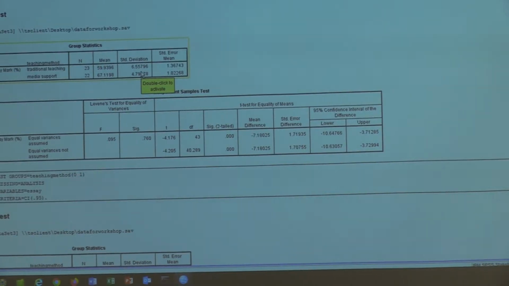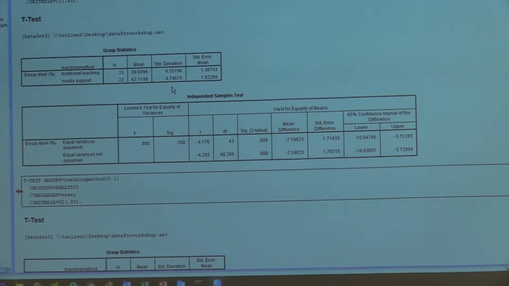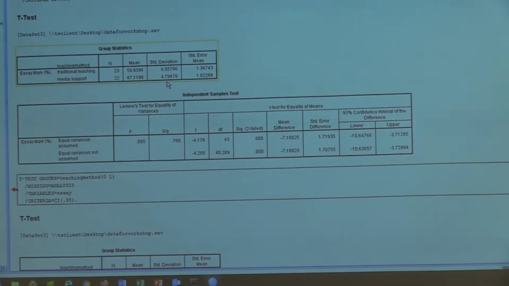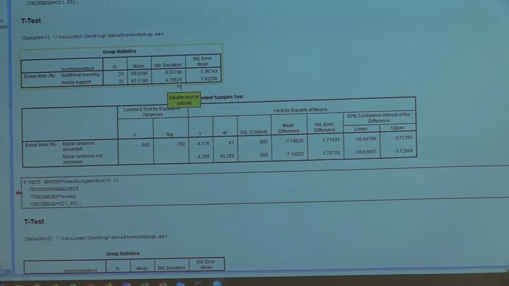Okay? And the median support is 4.79, right? There's some difference. And after you square it, normally the difference should be bigger, right? However, for you, maybe you think the variance is different, just slightly different. But after the F test,